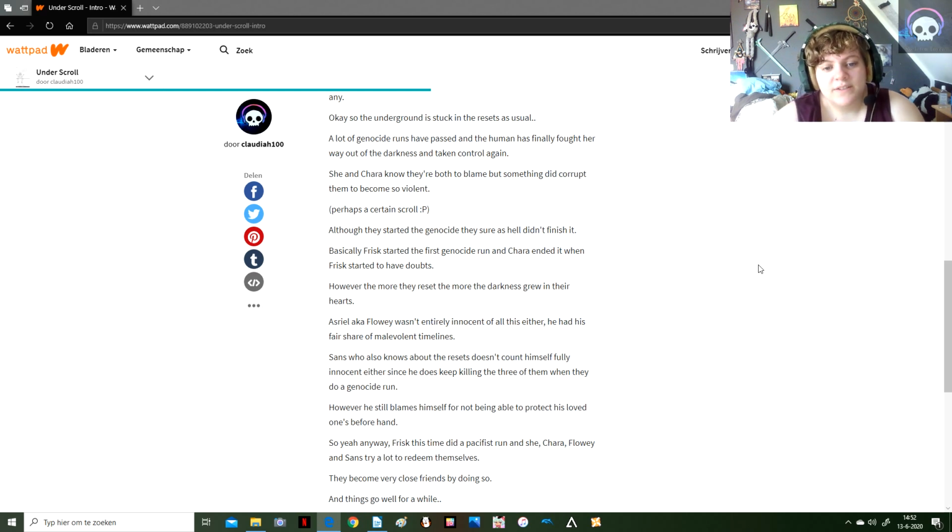It started with a neutral run. Frisk killed a couple of monsters out of fear that they would hurt her, or that they would do some bad things. And then, at one point, Kara took over and decided to finish it all because she knew that Frisk would then reset. Frisk was starting to have doubts, and Kara knew that if she killed the rest of them, Frisk would definitely feel the guilt and reset. However, during that reset,